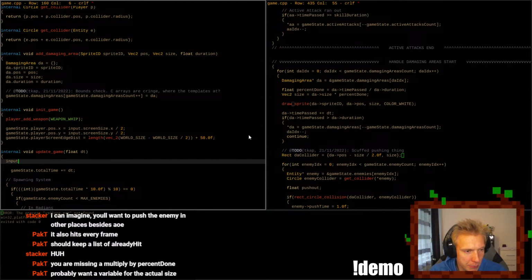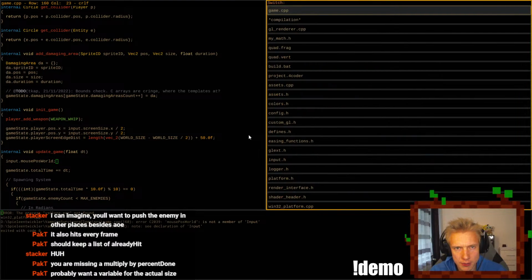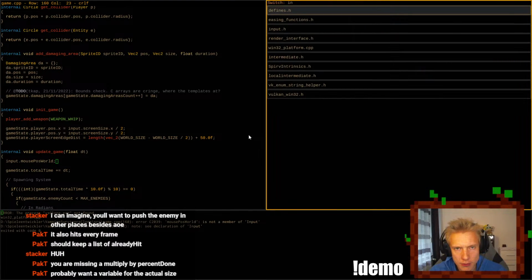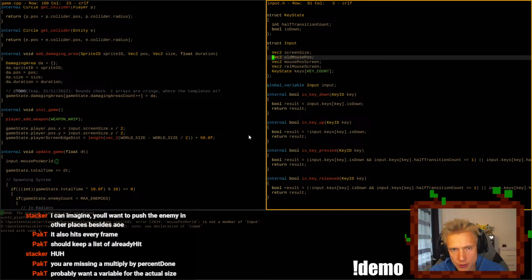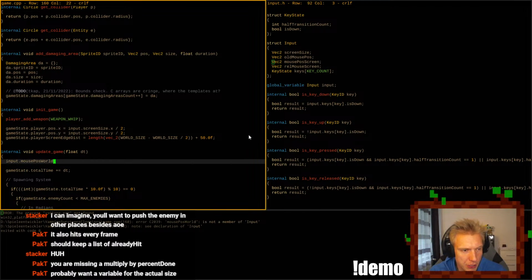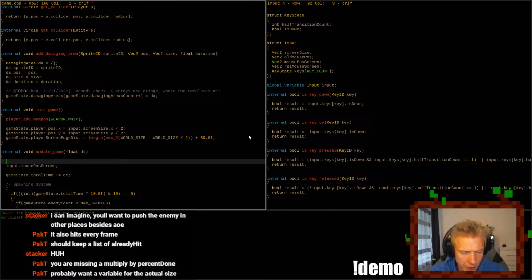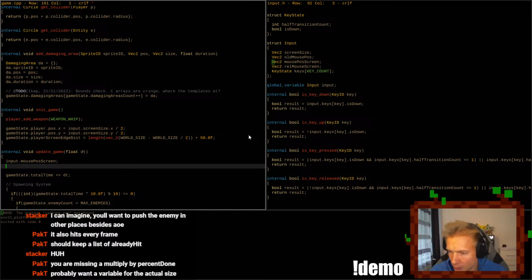I think I have an input mouse position world. Right? Not a member of input. I don't. We don't have an input mouse position. Oh, I have a mouse position screen. Perfect. So I guess we will just draw a quad.